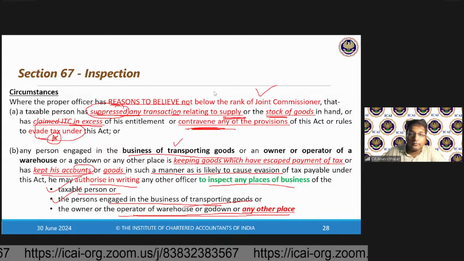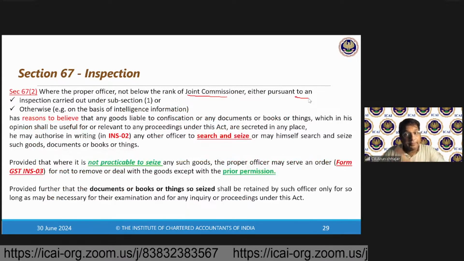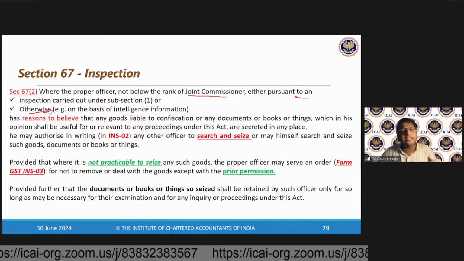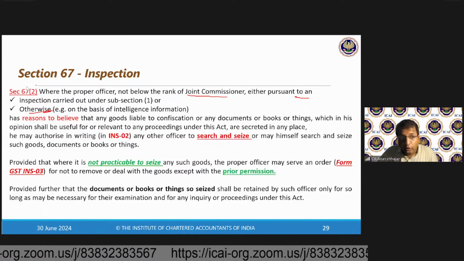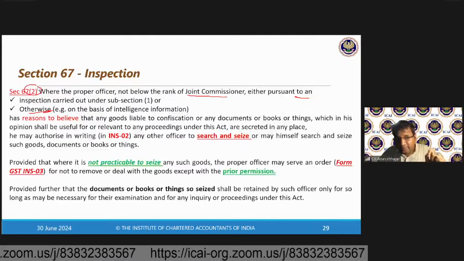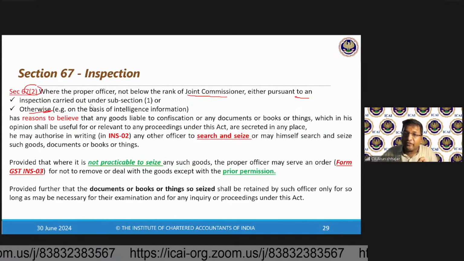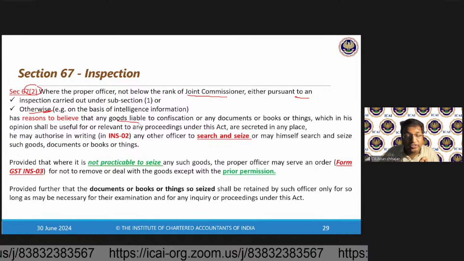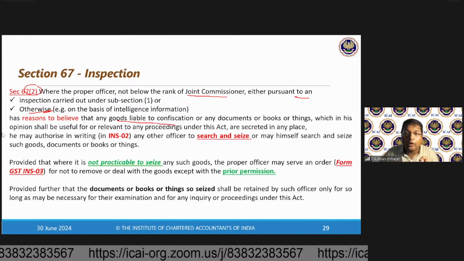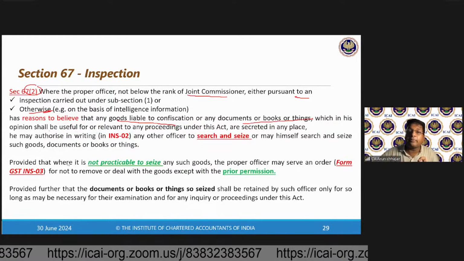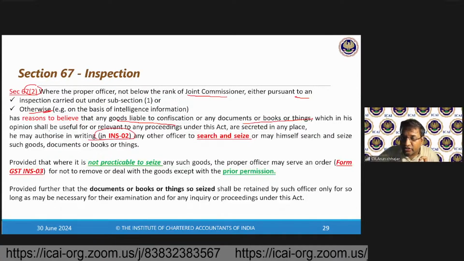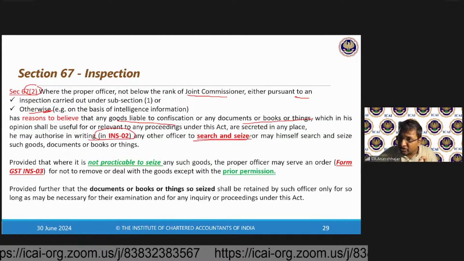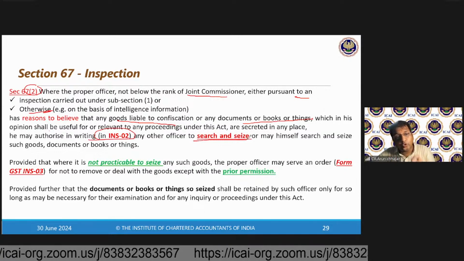Where the officer not below the rank of the JC, either pursuant to the inspection or otherwise. Otherwise means it can be based on the intelligence information. Now, if they feel, based on the inspection or otherwise, that the goods are liable to be confiscated, or any document, books or things which they are of the opinion shall be useful are secreted in any place, they can issue the INS 02 to search and seize the goods, document, books, or